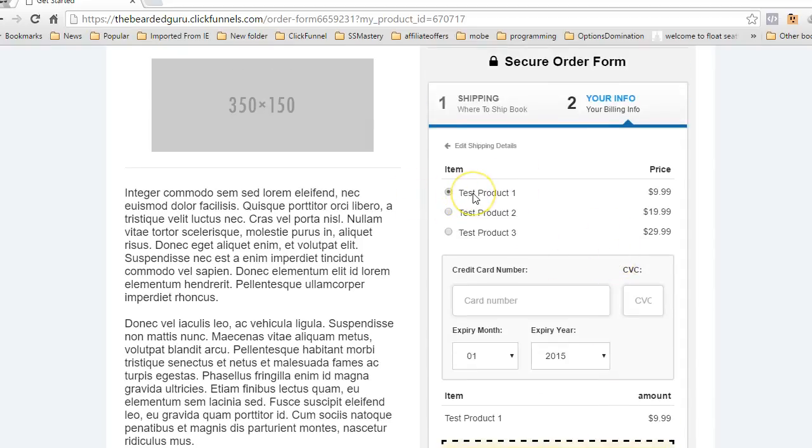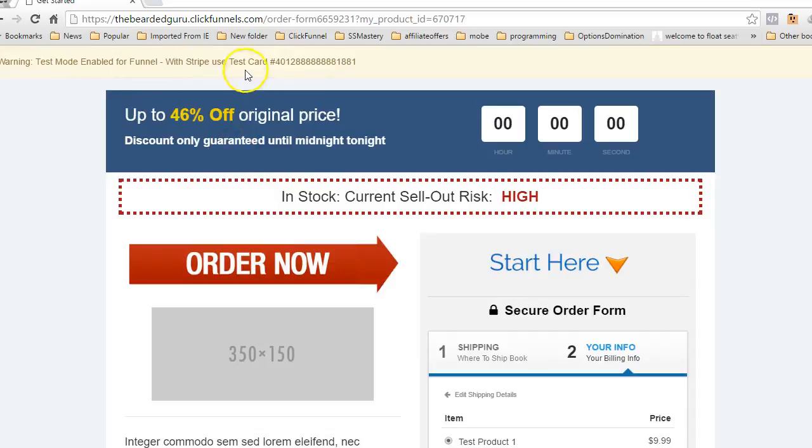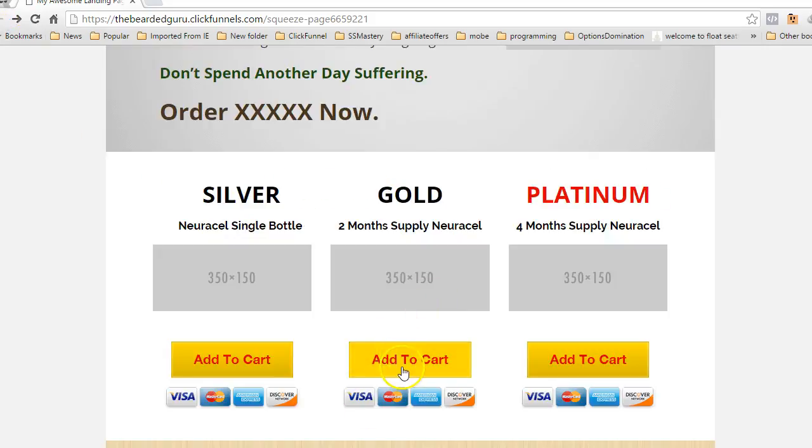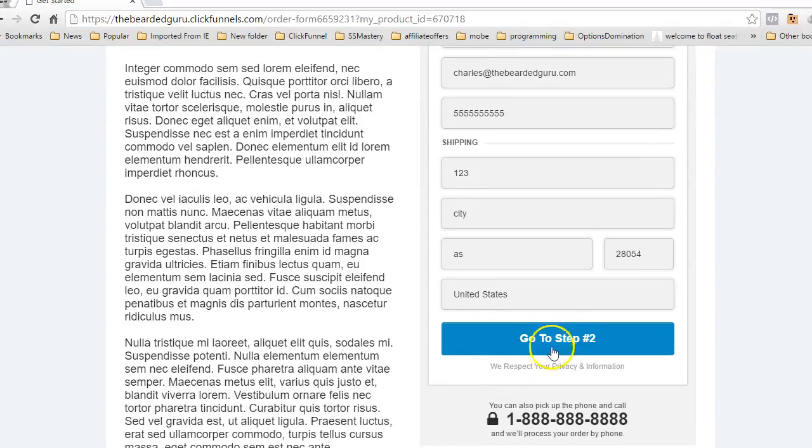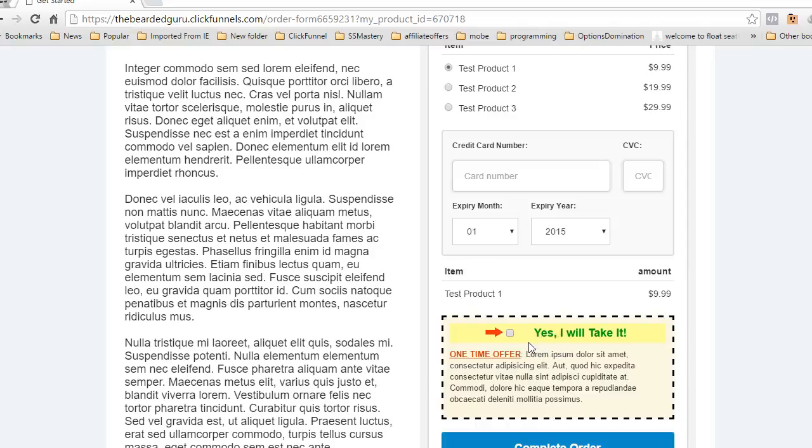As you can see, my first product is selected, which is by default. Now if we go back and we choose the second option here and go to step 2,